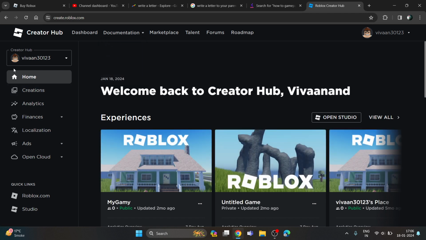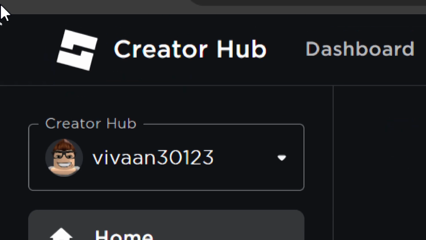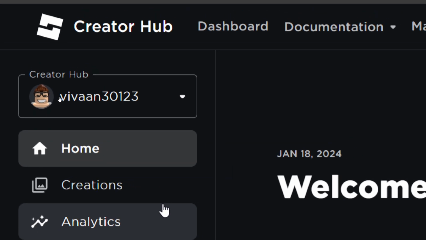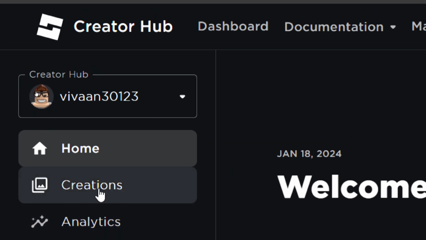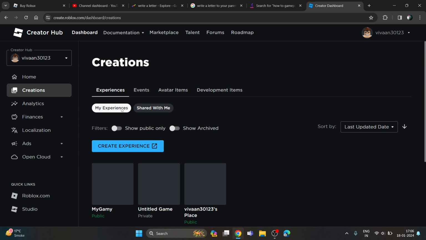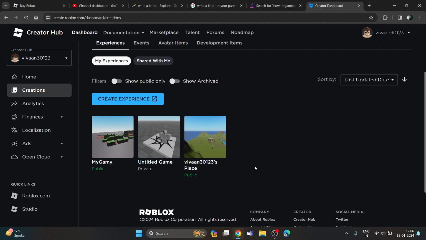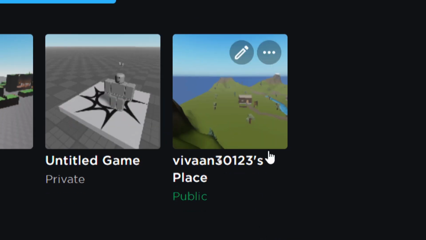Once you are here guys, now you just need to open this menu if you are on mobile, but on PC it automatically opens. So once you are here guys, you just need to click on this Creations option. Click on it. Once you click on it, you will get to the experience, and here if you want to get my Game Pass, you just need to click on your default experience, which will be by your username. Click on it,